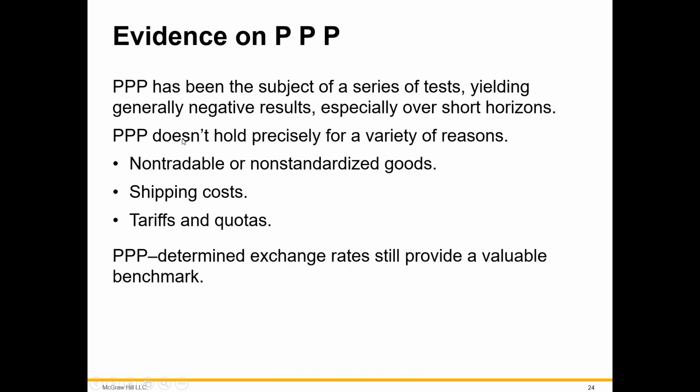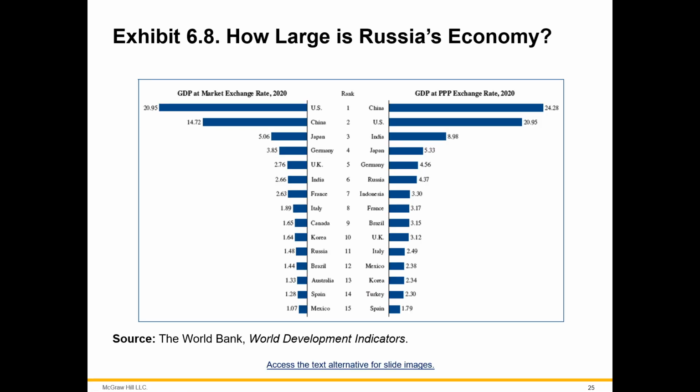But if we do this differently and think about non-tradable, non-standardized goods, so let's say, how many haircuts and massages and amusement park rides can you get with your money? Well, in that case, China actually outranks the United States in terms of total. So we can buy more gold than they can with our economy, but they can buy more stuff people use than we can with their economy. And that has to do with the fact that on a monetary value they're behind, but your money goes a lot farther in China.